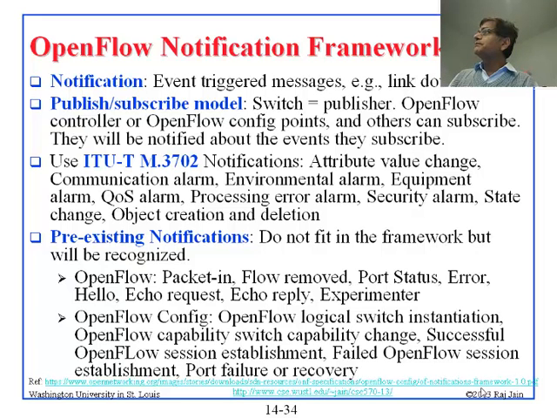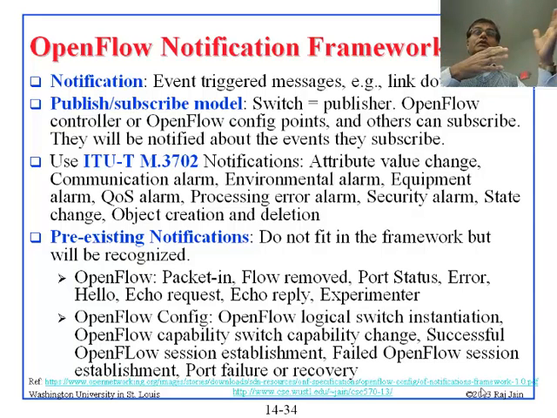And this works on the publish-subscribe model. Publish-subscribe model means that the switch is the publisher. It says, okay, I have all this information available. Anybody can subscribe. Actually, anybody means whoever is authorized. The subscriber generally is the controller, and there could be more than one controller which subscribes. And everybody has authorization.